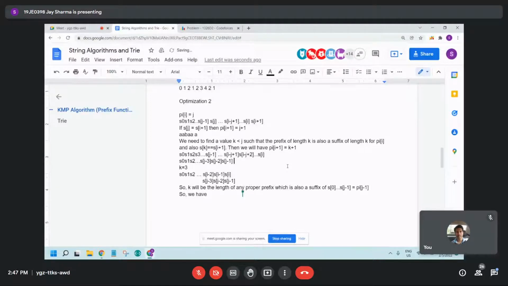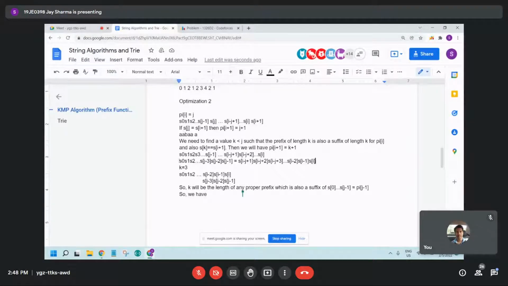This was equal to s of I minus j plus 1, s of I minus j plus 2, s of I minus j plus 3, and up to s of I minus 2, s of I minus 1, s of I. Now, if you notice, like the equality of string, if this is equal to this string, then corresponding characters भी